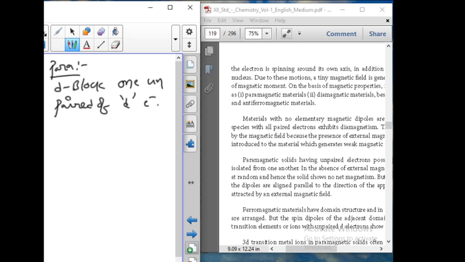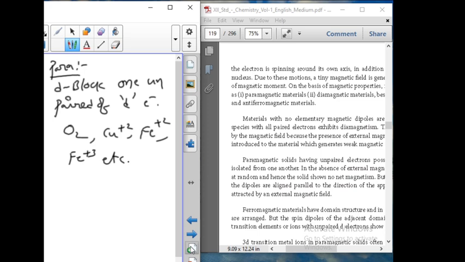If any chemical substance is given to you, how can you say it is paramagnetic? The most and best example of a paramagnetic substance is O2. As per MO theory, we know how to determine the paramagnetic and diamagnetic behavior of O2. Others with at least one unpaired electron include Cu2+, Fe2+, Fe3+, and a lot of other examples. Any electronic configuration you write, if you find at least one unpaired d electron, can act as a paramagnetic substance.